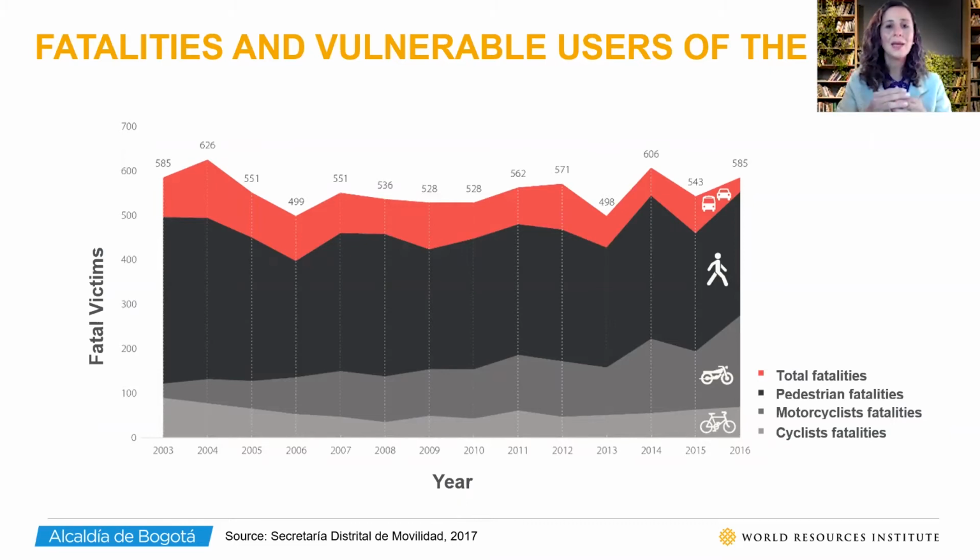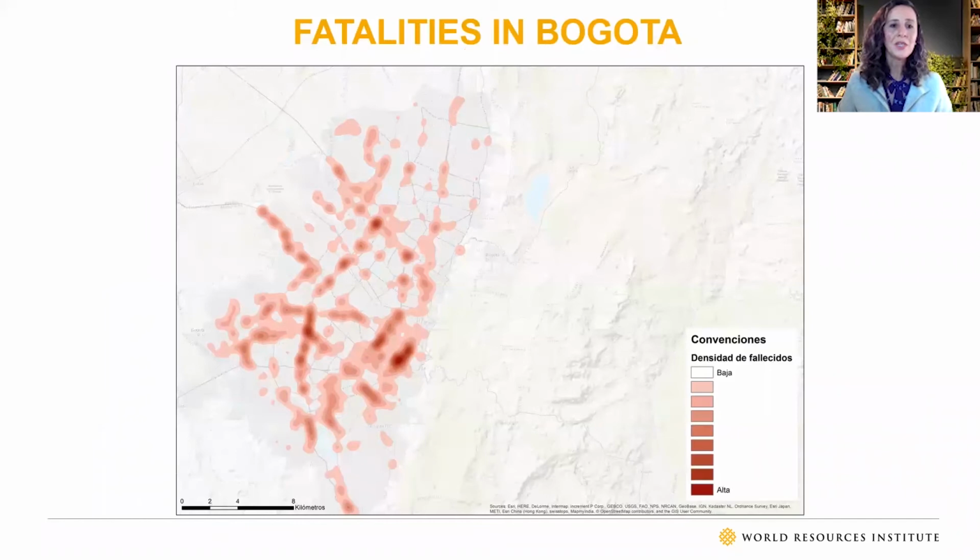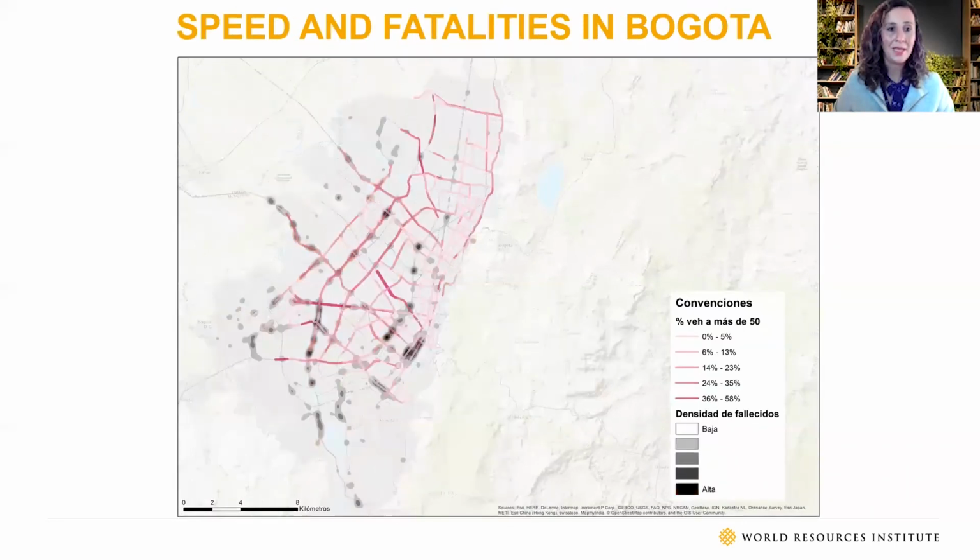They looked at their data and determined the majority of people killed in traffic crashes were pedestrians, followed by motorcycles, followed by cyclists, and at the end cars. So they created a plan to protect the most vulnerable. You see how we study the fatalities. We created this heat map where you can see clearly how those streets, those arterial roads, start being delineated, where we have a high concentration of fatalities.